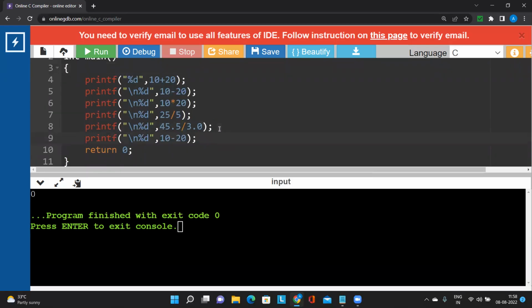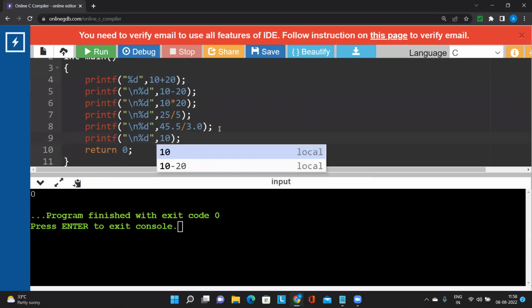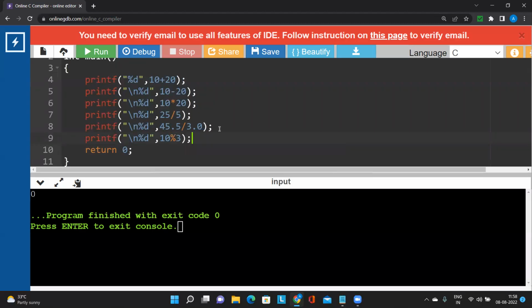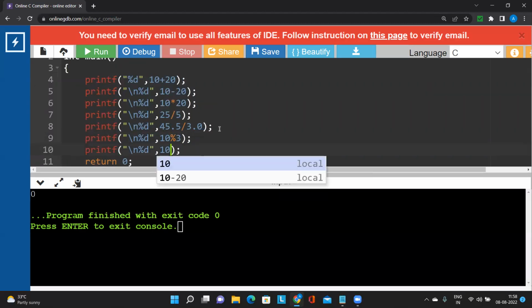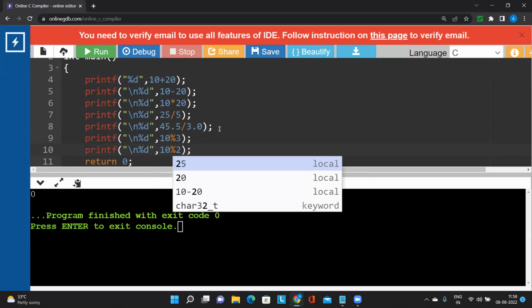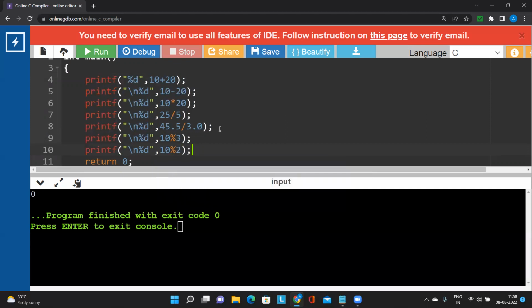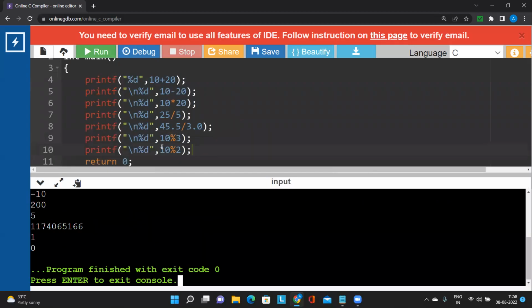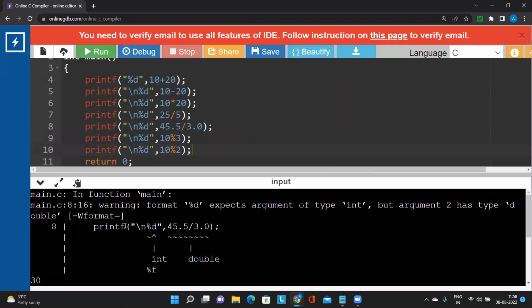Right. Then let us apply our modulo operator. So I'm saying 10 modulo 3, and then let us say 10 modulo 2. Okay. Now let me run this program first. So yeah,